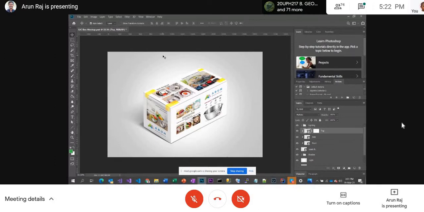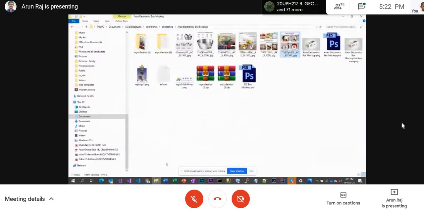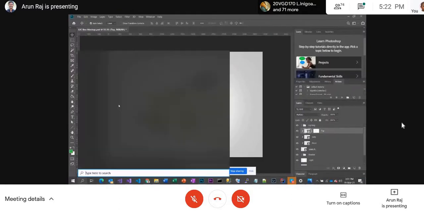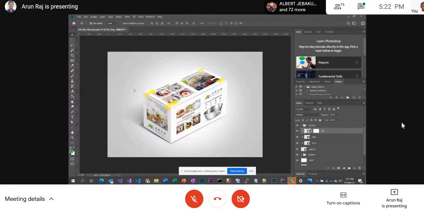Likewise, you can do any design. For example, you know what exactly is to be produced, and then you can download any mockup and make it. In the same way, let us see another mockup. Before I download it in front of you, I'll pick it up again and check whether I am able to do it or not.